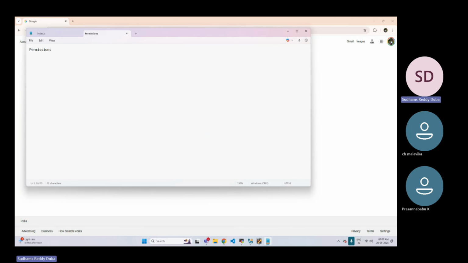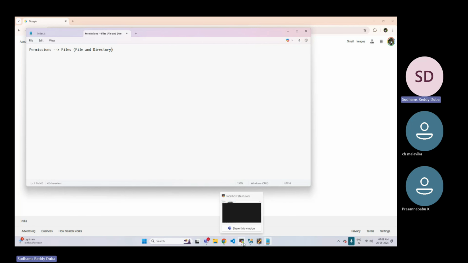Permissions. First of all, the permissions can be managed on files. The files could be, as I told you before, individual files and a directory. What does it mean? I can manage the permissions on a file and a directory.